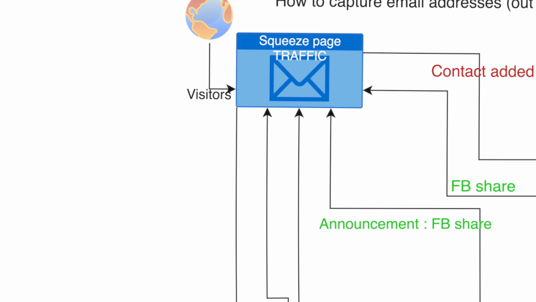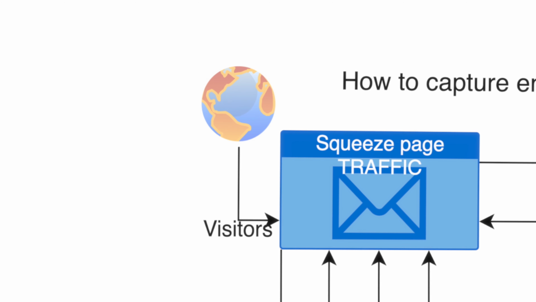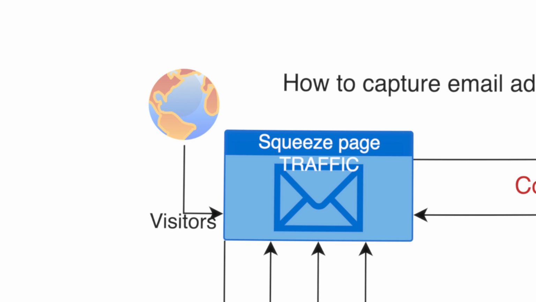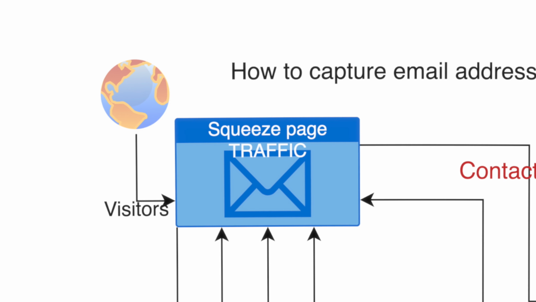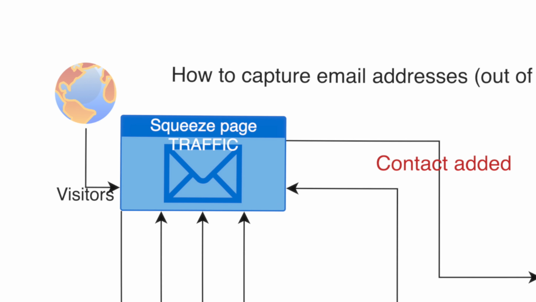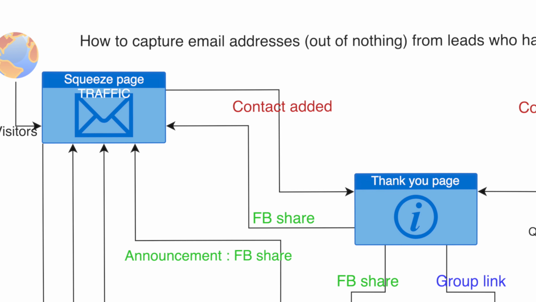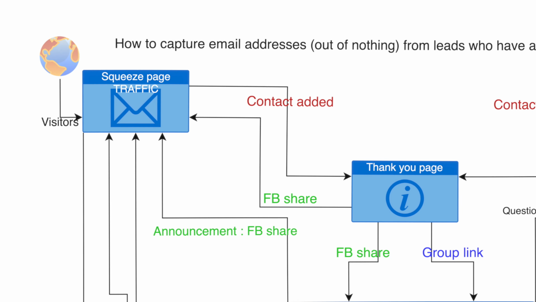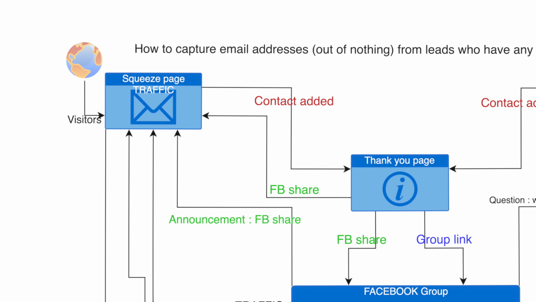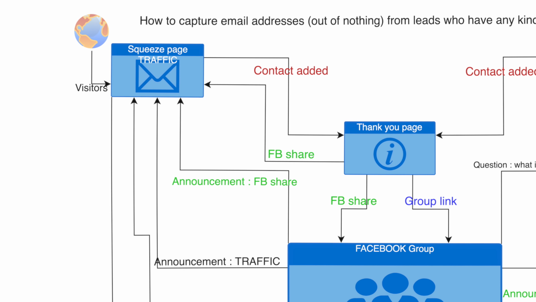to your Squeeze page. And for the outgoing links, in fact, it's just when people enter their email, they go to the thank you page. Okay, so they go to the thank you page and they see all the links, and at the same time they are added to your email campaign. So that's the two outgoing links for this element, squeeze page traffic.